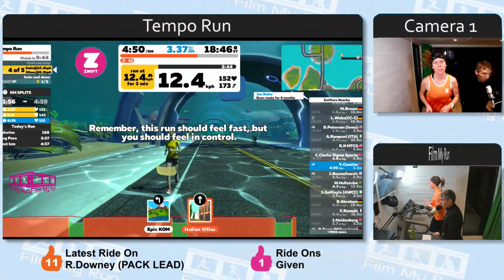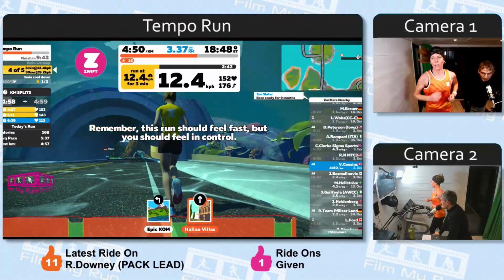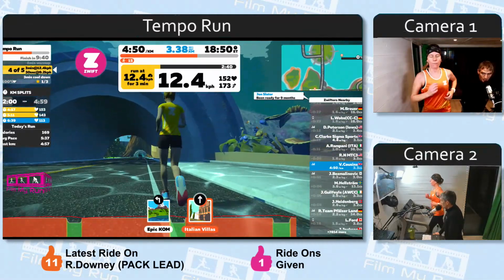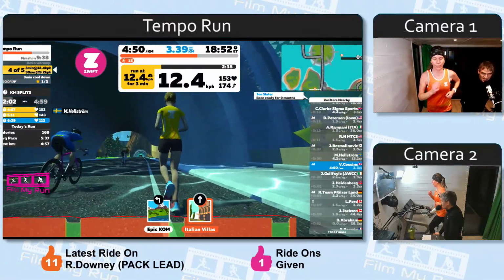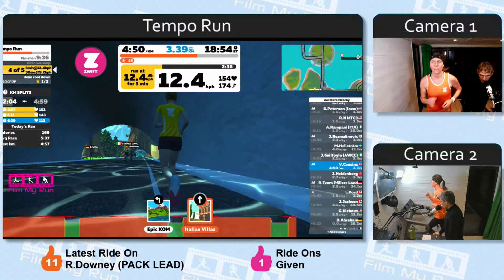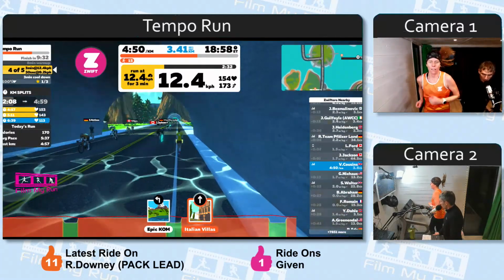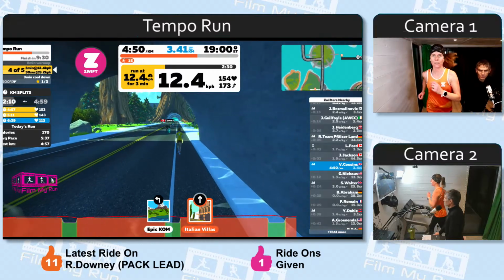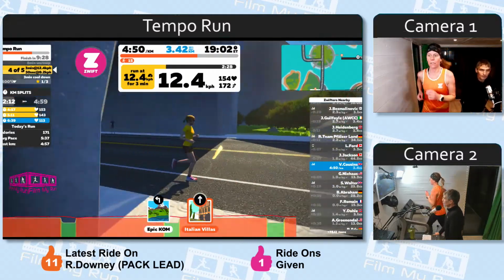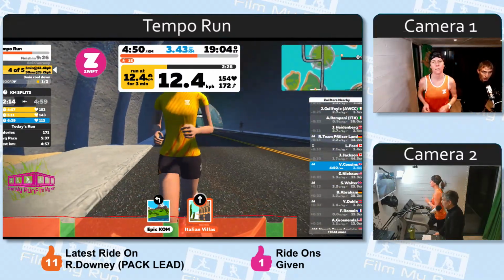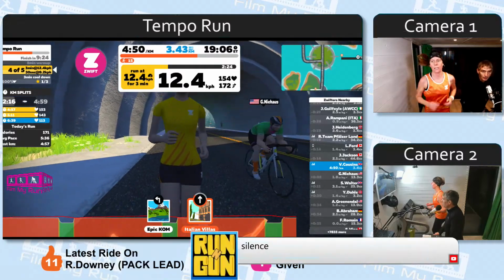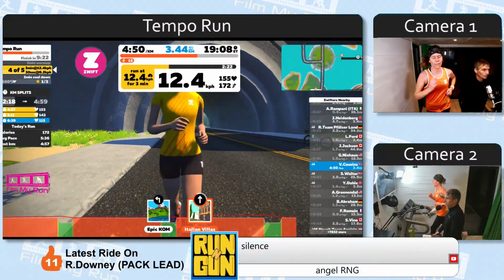We have what's called a smart treadmill. And this smart treadmill automatically transmits speed from the treadmill itself straight into Zwift. So there is no need for us to wear a foot pod when we run here on our treadmill. So Victoria is into her third interval now. Third rep, sorry.